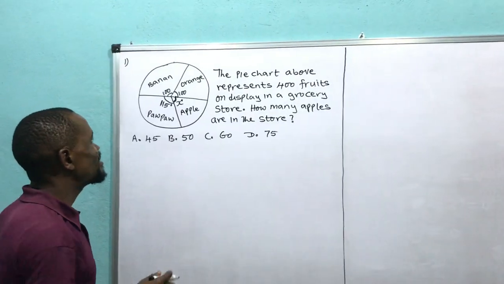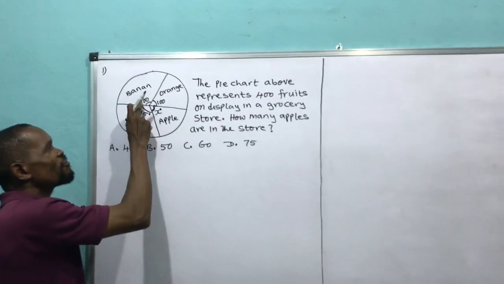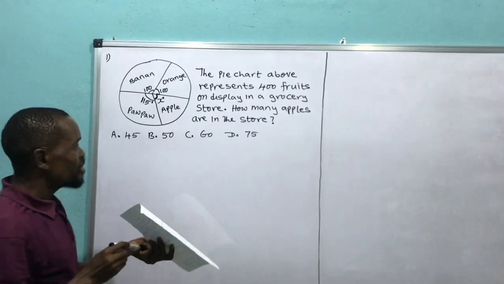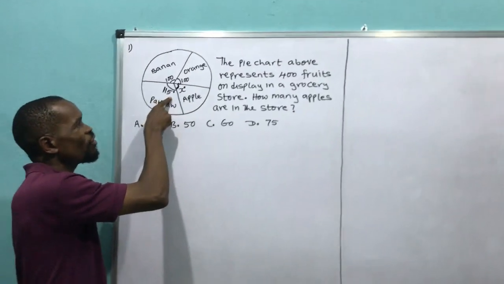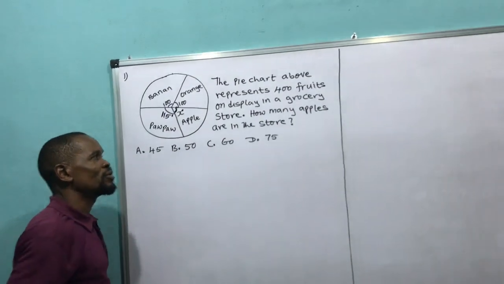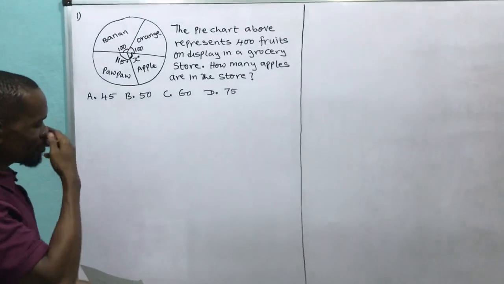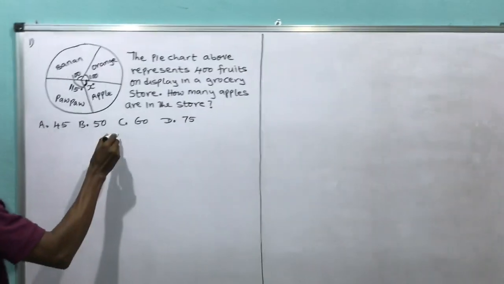Looking at the diagram, this is the pie chart. The pie chart has 100 for banana, 100 also for orange, 115 for pawpaw, and X for apple. I will first of all get the angle for apple. Solution: